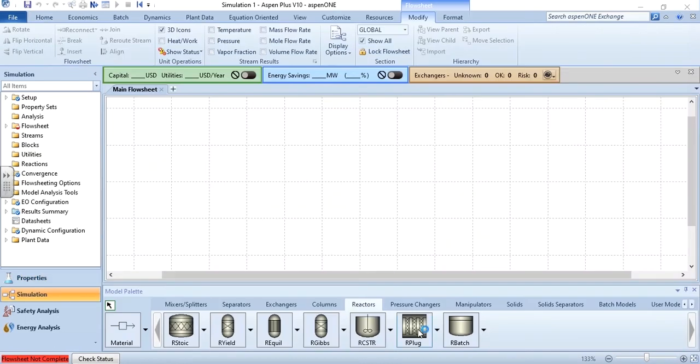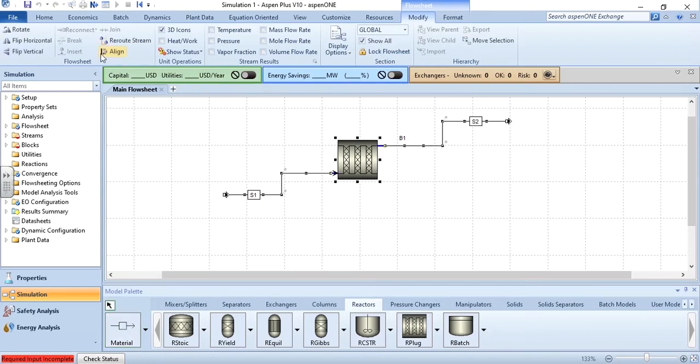And in this reactor, this is the last reactor of our this module, which is the plug flow reactor, rigorous plug flow reactor with rate control reaction based on known kinetics. And do the connections. If you see feed required, not mentioned one or more, it means it can accommodate only one feed, and product can be up to 3. So adjust it, align it, and then we will specify the feed.